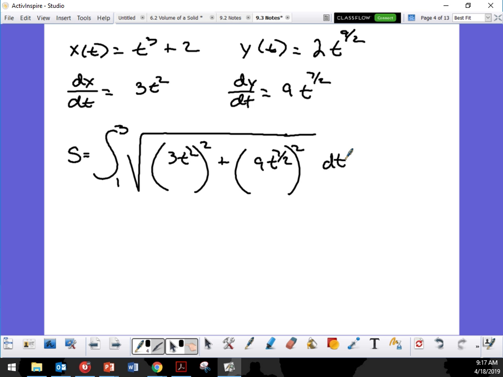So I'm still going to have the integration from 1 to 3 of the square root of, that's going to be 9t to the 4th, right? And this is going to give me 81t to the